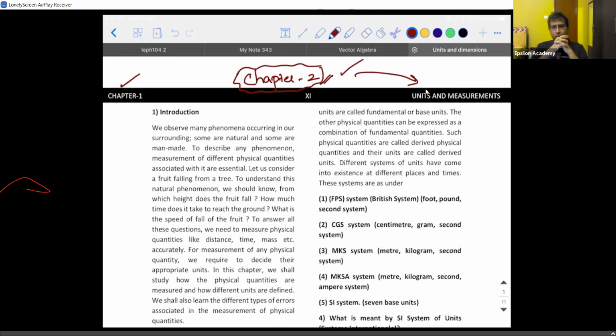So I can assure one thing, that this is a very, very easy chapter. It's all about the basics that you're going to learn. The same thing repeats in your chemistry as well under the name of a chapter called stoichiometry. Anyways, we'll get started. Before we get started, can you guys tell me what you think is the objective of this particular chapter? Why are we learning it?